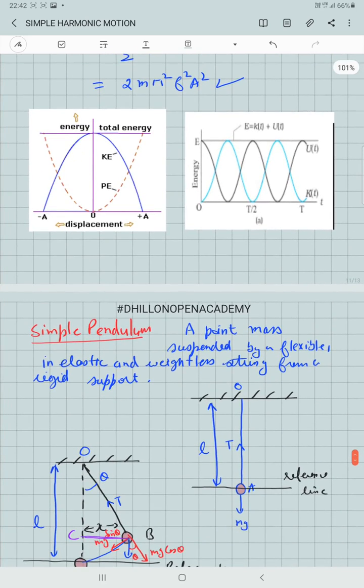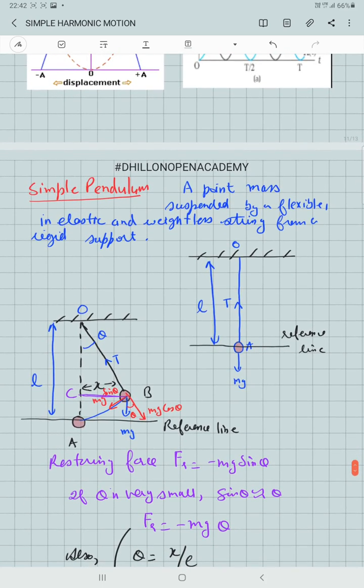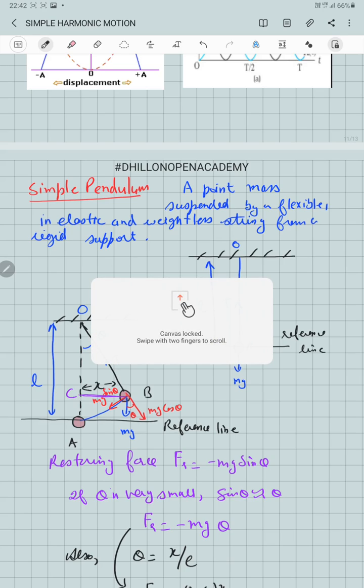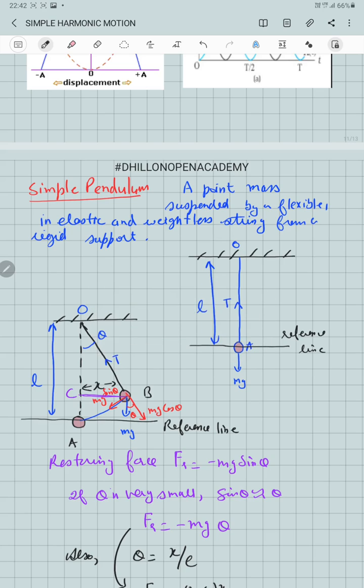Last, we discuss the simple pendulum. A point mass suspended by a flexible, inextensible, inelastic, weightless string, which is capable of describing a vertical circle, we call a simple pendulum. So in the figure you can see